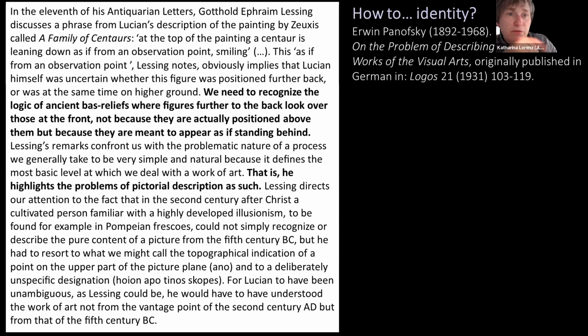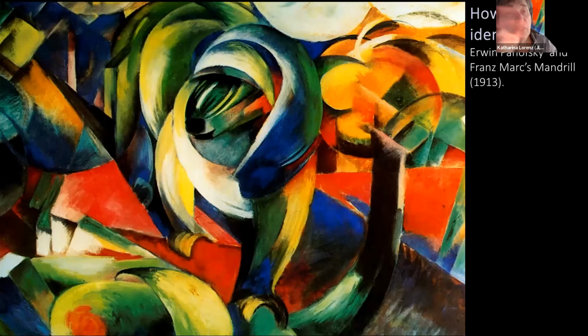And Panofsky in this same piece takes this further with another example, which is at the other end of the spectrum, you could say. So in the case of Lucian trying to make sense of Zeuxis, the problem is that Lucian lived a few centuries after Zeuxis and wasn't aware anymore of the conditions in which artworks communicated. And Panofsky in the same piece uses another painting, in this particular case, and I show you Franz Marc's mandrill. You can see the mandrill in here somewhere, and he uses this to make the point that we can